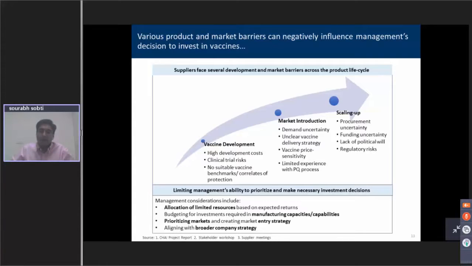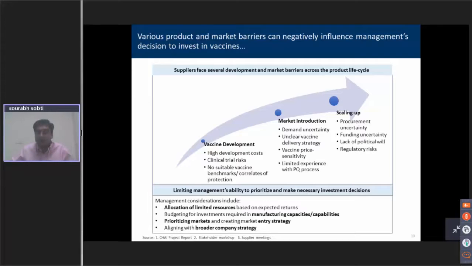Any guidance, any insights in terms of how the future market would shape up gives the supplier a lot more confidence and be able to offer the product at a lower price because they can reduce their risk premium associated with not being able to sell the product. There's also funding uncertainty. As countries graduate from support from global stakeholders such as Gavi and Global Fund, there is always the question of would countries be able to sustain their own immunization and other health programs when global stakeholders are no longer supporting them.